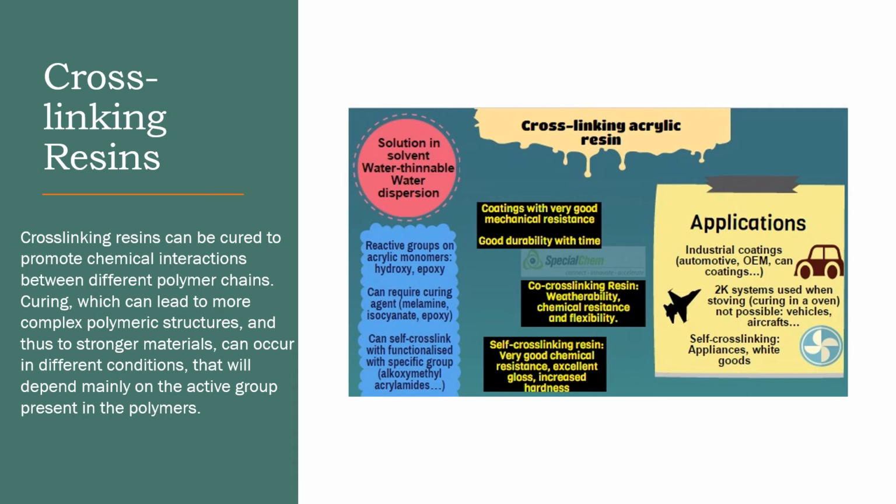The first one is externally cross-linking resins, which require a curing agent. Externally means those kinds of resins require a curing agent, for example chemicals that would react with the polymers. Then the second one is self cross-linking resins. Generally in the first case the R group is commonly a hydroxyl functionalized chain, along with reaction with a melamine or isocyanate curing agent.